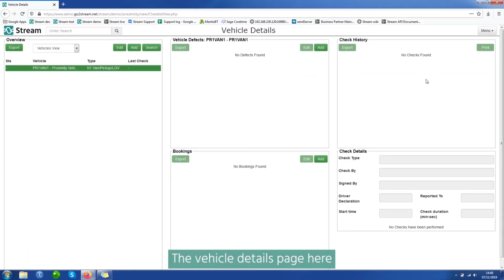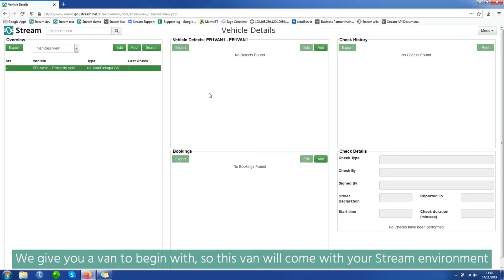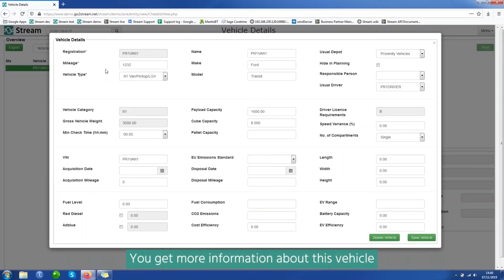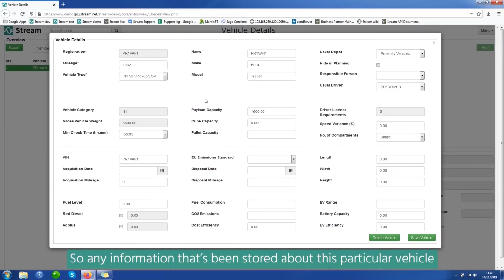The vehicle details page here, we give you a van to begin with, so this van will come with your Stream environment. If you click on the edit button or double click on the vehicle row here, you get more information about this vehicle. So any information that's been stored about this particular vehicle, you can store as much or as little as you want. You can delete this vehicle if you don't want it as well, or you can use it as you get